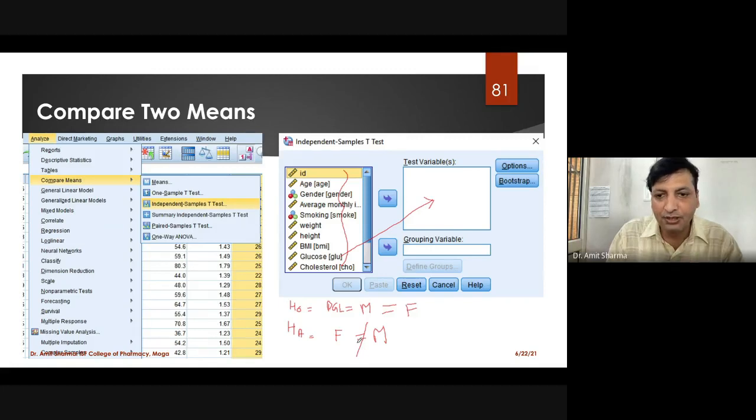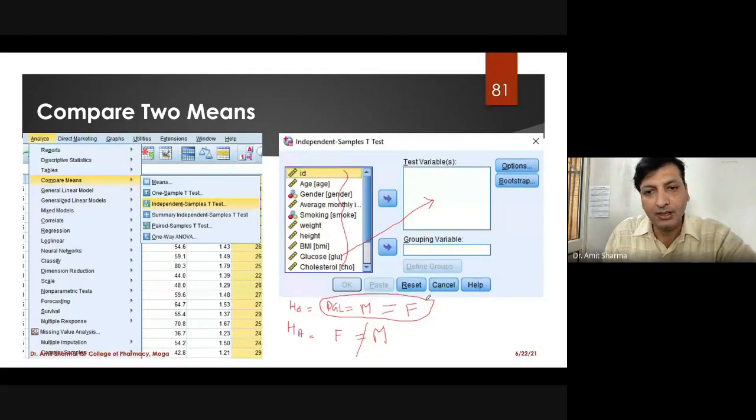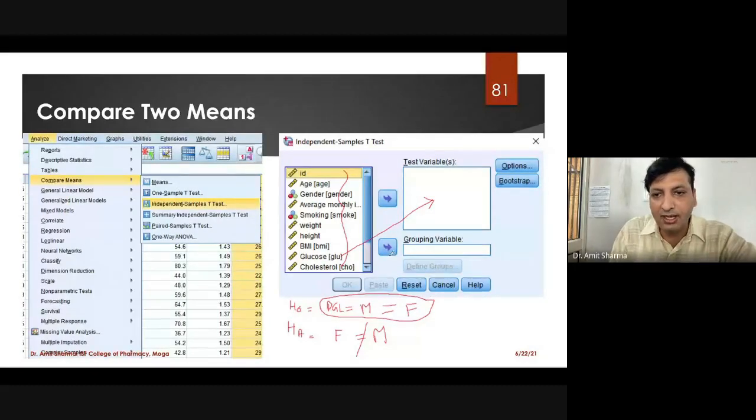So what you have to do, if your test was found significant, you have to reject the null hypothesis. You have to accept that there is a difference in the plasma glucose level of male and female. If your test was found significant, then you are able to write that my result was found significant and the null hypothesis was rejected.